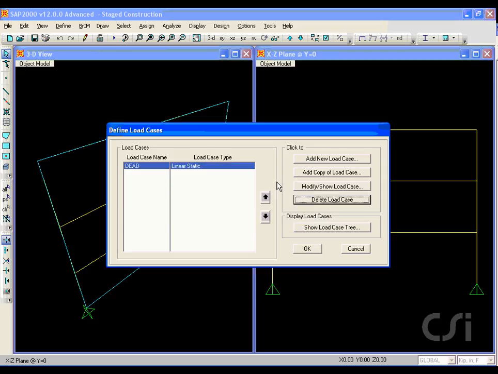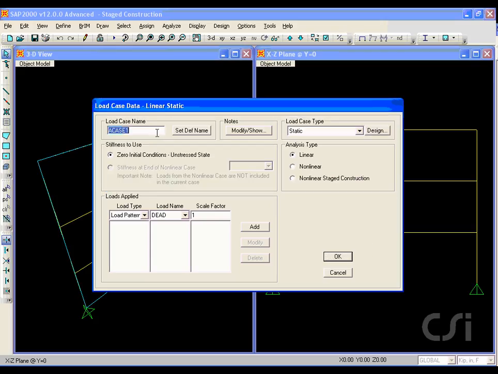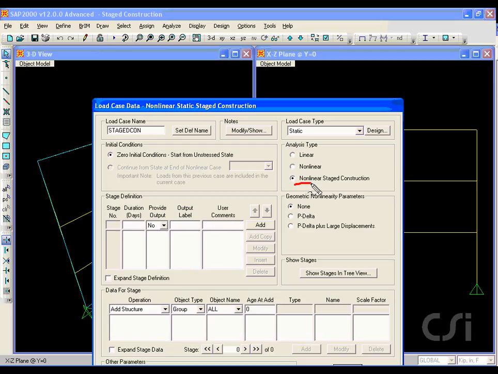To the dead load case, we will add an additional case for the stage construction. Name the new case Staged Con, and select the nonlinear stage construction option under the analysis type. We will not have any geometric nonlinearities in this model, and make sure that the 0 initial conditions is selected. Add 3 stages under Stage Definition,